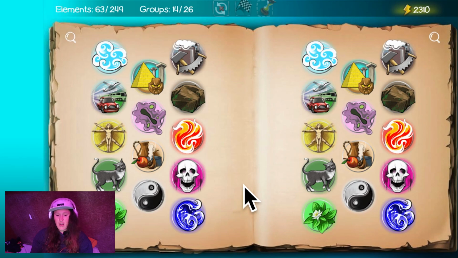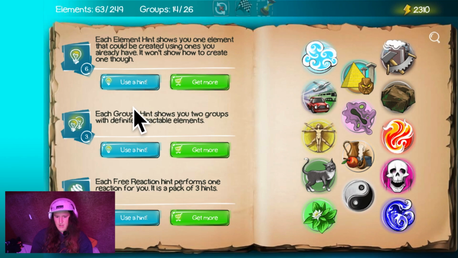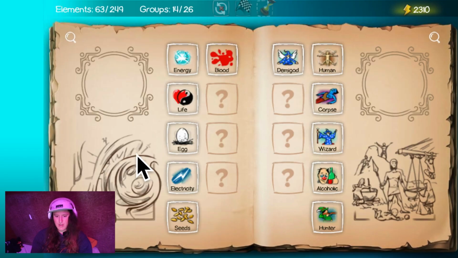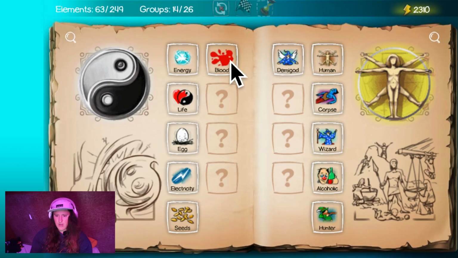Alright, let's get another hint to help us. Each group hint shows you 2 groups with definitely reactable elements. So a group hint will show me which 2 groups interact. I have 3 of them, so let's use a group hint. Okay, it's saying some of these elements may react. Things in the life category and things in the human category. So let's